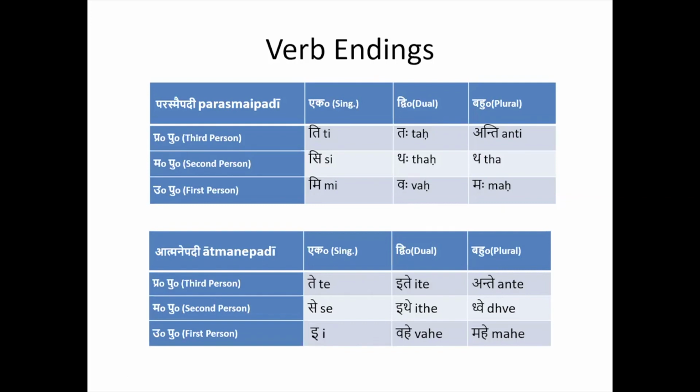What that means is that we have to learn both sets of endings, because when you study, for example, the Gita, you will find verbs which take either of the endings, and in order to understand, you have to study both. If my purpose was only to write, I could have chosen to use just parasmaipadi, as most verbs are available in parasmaipadi format also. So now the question arises: how do I determine, can every verb take either ending? No, not every verb can take either of the endings.